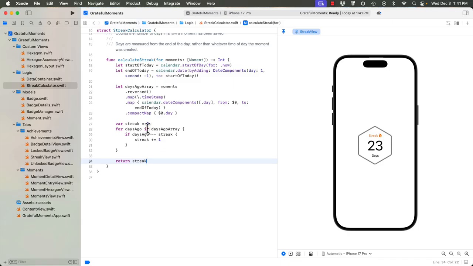So what this is doing is it's checking that right now the streak is 0. And if days ago, for each one of these lists how many days, and if it is equal to 0, then we add 1. And then if there's one that says 1, then we add it, and it adds it up so that by the end it's calculated how many days in a row have been found, and then you return that streak. Now that we have this calculated, let's go back to moments view,